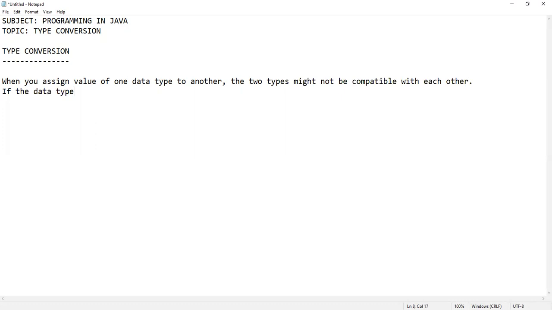If the data types are compatible, then Java will perform the conversion automatically, known as automatic type conversion.